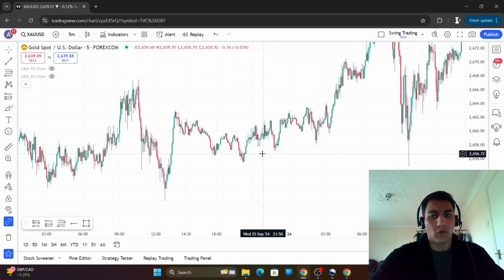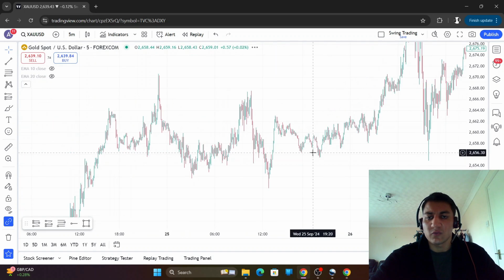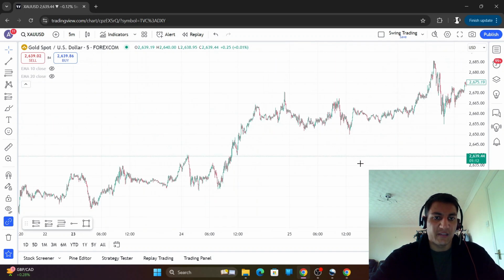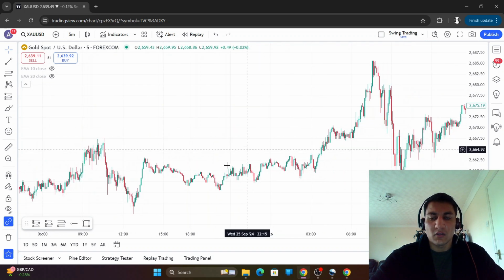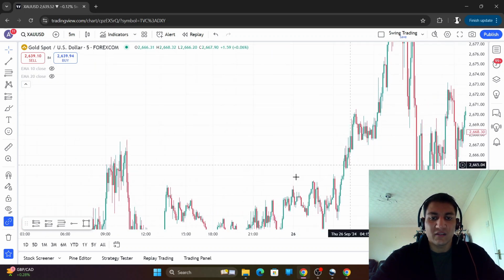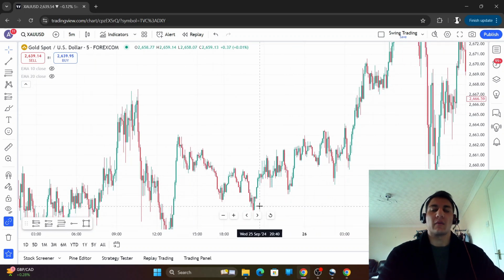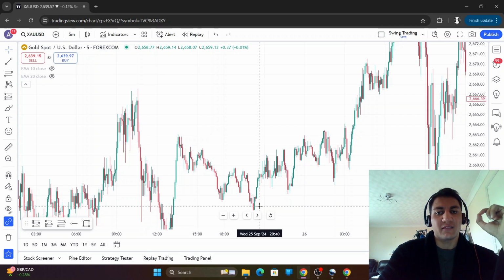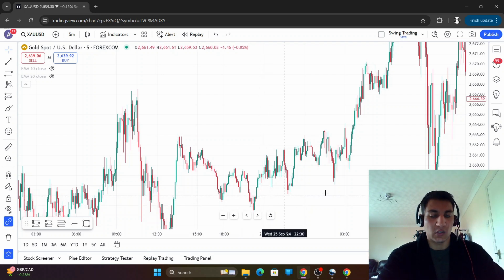And as with all things, you want to know the bias. And with gold, we've been in a bull market, right? So it's pretty easy to determine the bias. And you want to look for a liquidity sweep. Now, what is a liquidity sweep? A liquidity sweep is when price takes out the opposite side of your bias. So we know we're bullish. A liquidity sweep would be any low that's taken and then price quickly shoots off. That's what a liquidity sweep is.